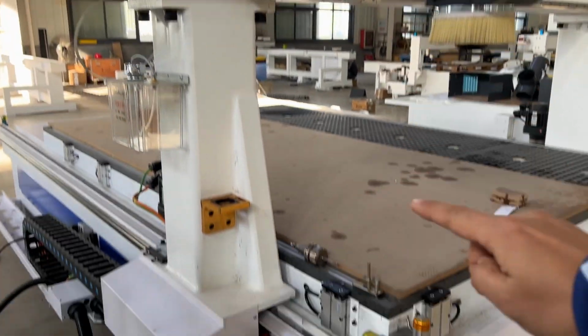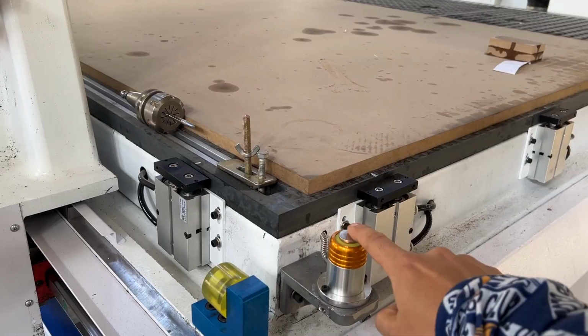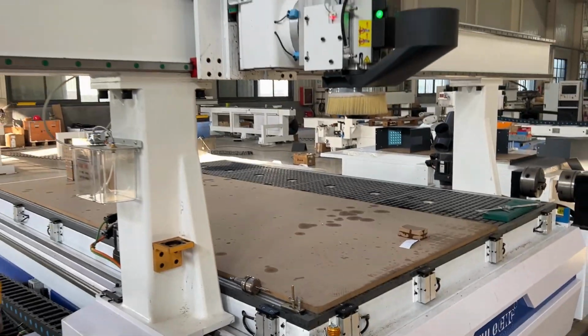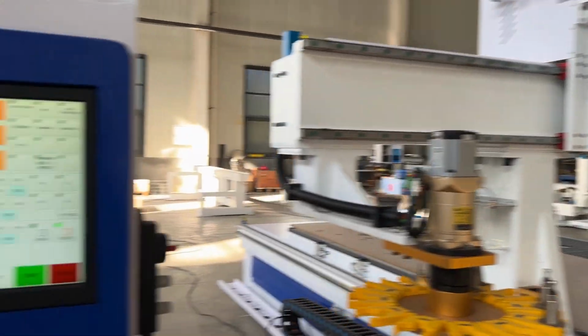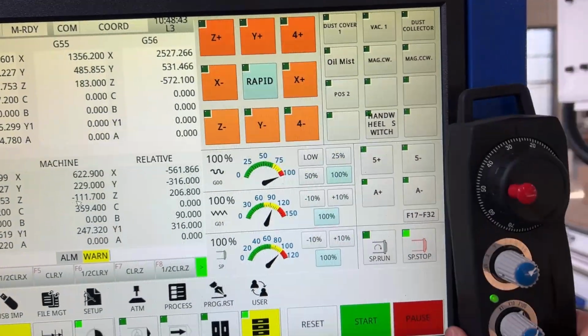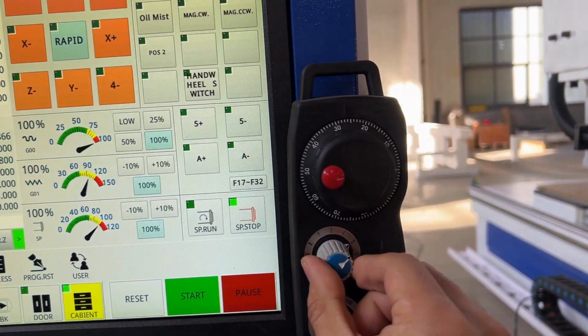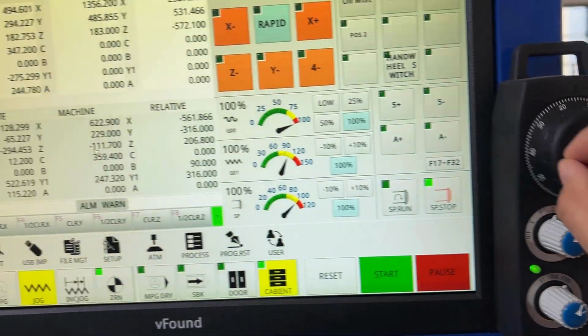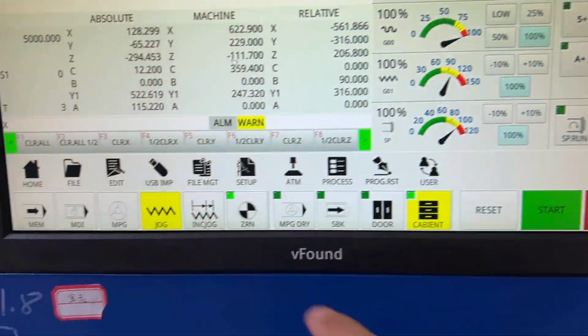Next, we need to find the distance from the machine's z-axis 0 point to the tool sensor. MPG